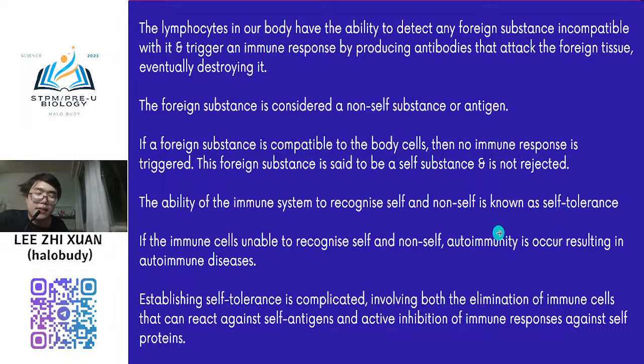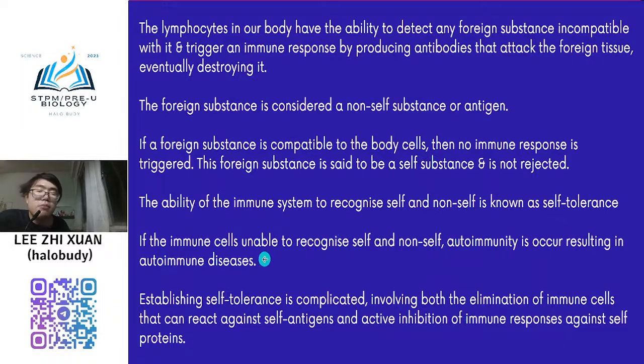So our immune cell is very smart. It will know this is our friend. Ini kawan saya. Walaupun dia nampak macam pelik atau nampak jahat, tapi dia tahu ini kawan saya. Saya tak akan bunuh awak. Tapi kalau orang tu non-self, walaupun awak nampak sangat kacak, itu tak ada problem, tapi dia still akan bunuh awak. Because they have the mechanism to determine self and non-self, which we know as self-tolerance.